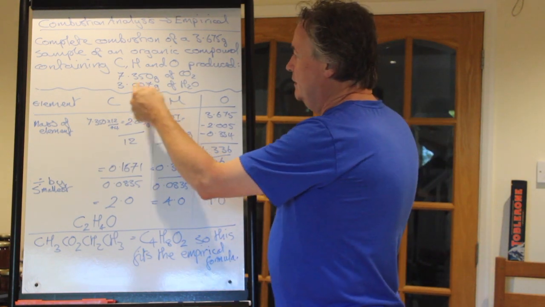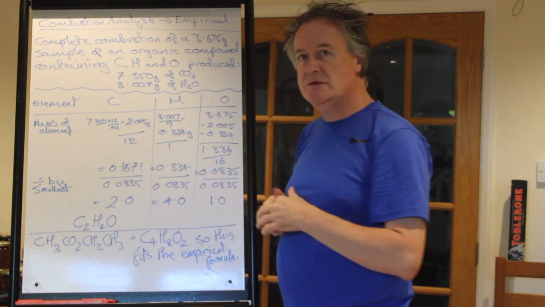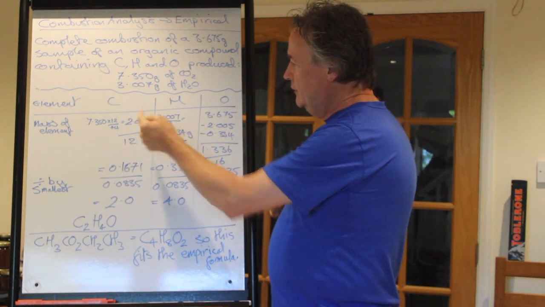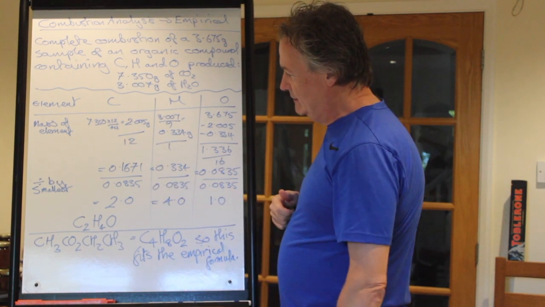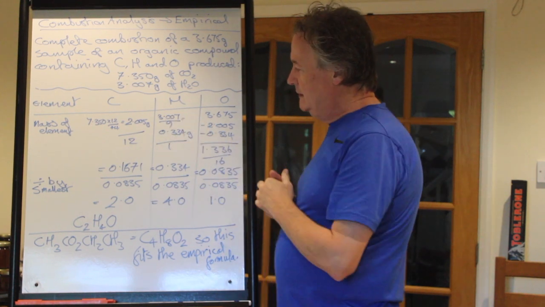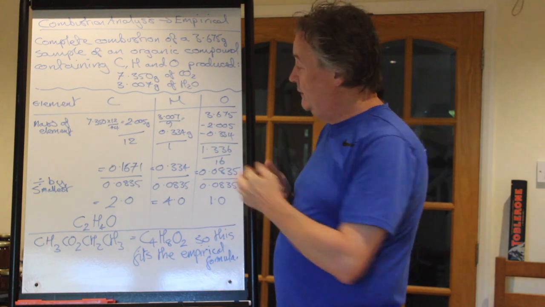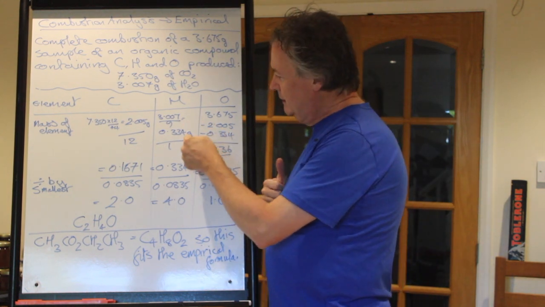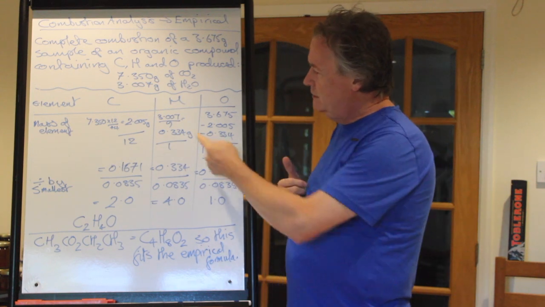So, same thing as before, 7.350 times 12 over 44, 2.005, divide that by 12, we get 0.1671. Same process for the hydrogen, 3.007, divided by 9,